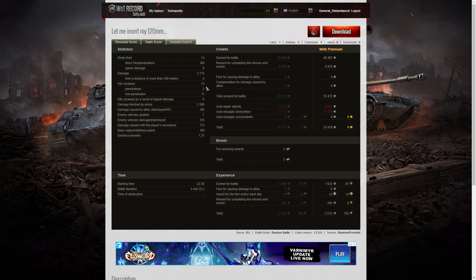Received 13 hits from the enemy. 2 of them were penetrations. One of those was from the KV-85, I think. And the other one, 11 of them were non-penetrations. I think the other one may have been the Sturer Emil, who actually managed to get around into him. He blocked damage of 2,280 hit points overall during that game. He spotted 1 enemy vehicle, damaged 5 of the enemy, killed 5 of the enemy, and did damage assistance of